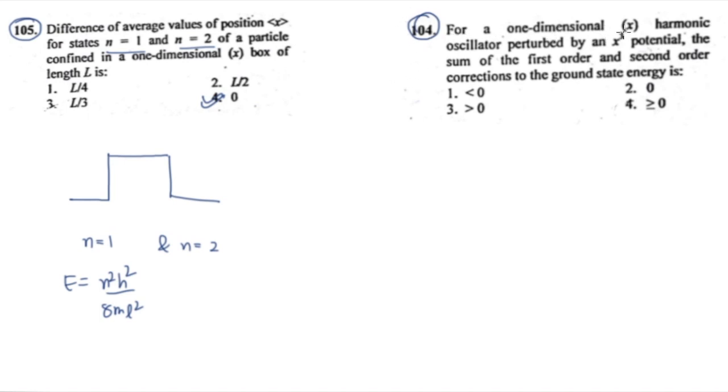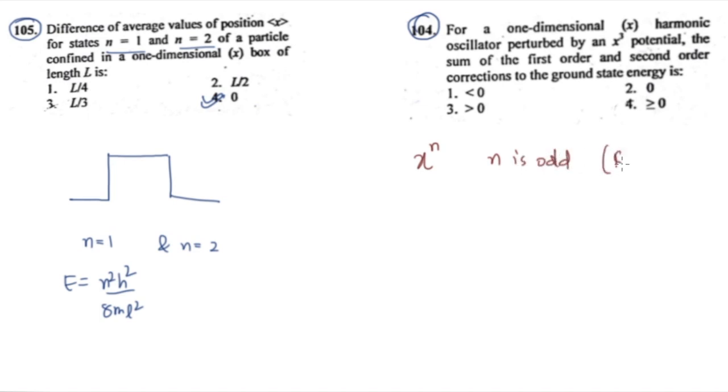It says, for a one-dimensional harmonic oscillator perturbed in x cube potential, the sum of the first order and the second order correction to the ground state energies. Now those students who are attending my plus classes, they all know I have taught this quantum chemistry in much detail over there. All these shortcut tricks I have given to you guys over there. Those who are not attending that, I'll just explain very briefly over here, that if you have x to the power n, okay, and if n is odd